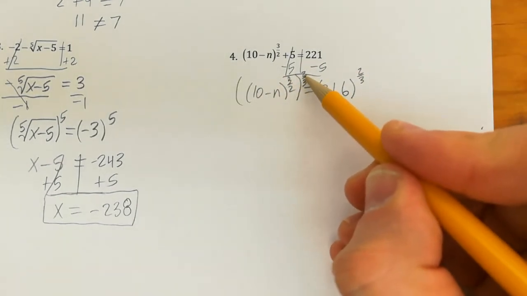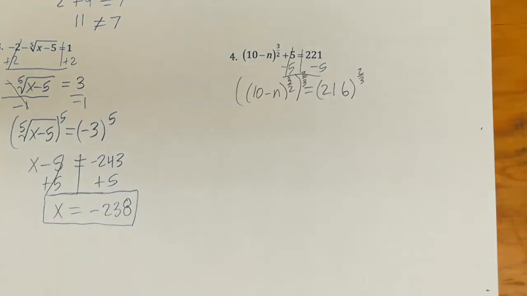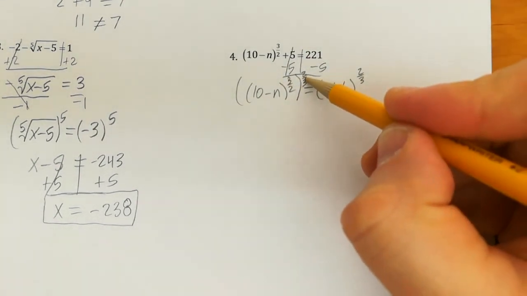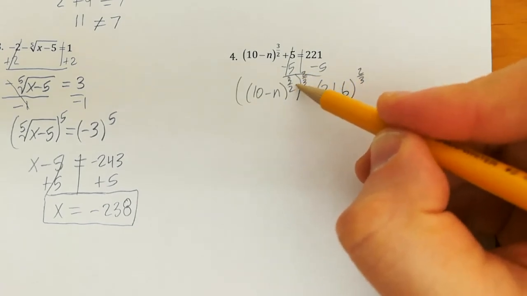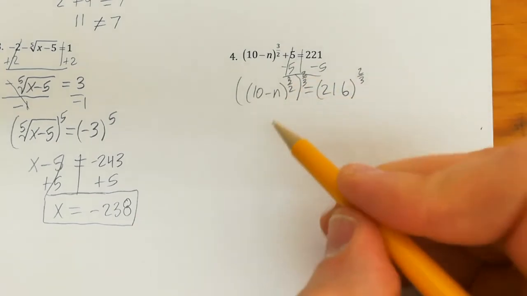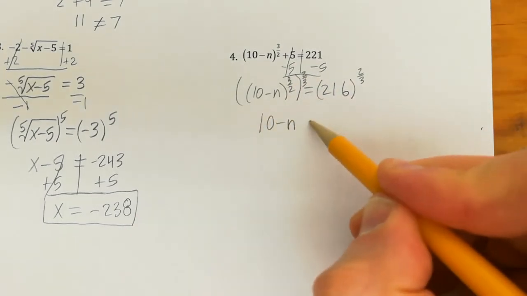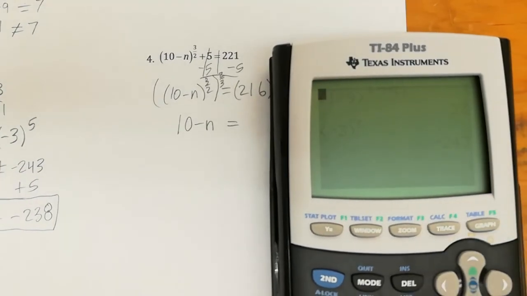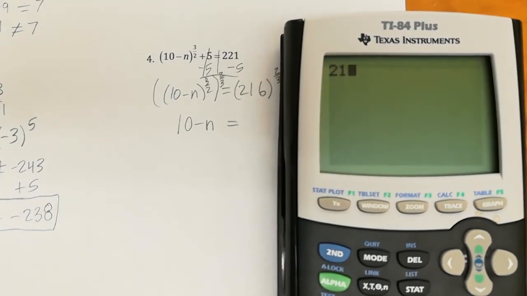If you recall, the power rule of exponents is what we're using here. If you have an outside exponent and an inside exponent, you multiply them. And what ends up happening is this just becomes a 1. So you get 10 minus n, and then I'll let the calculator do that for us here. So 216, it's positive, so I don't have to put it in parentheses, to the 2/3 power,